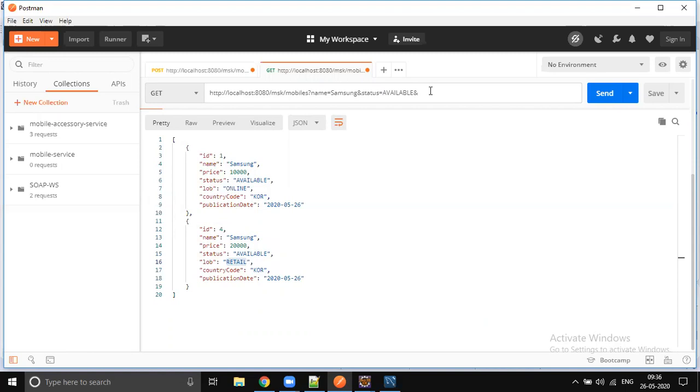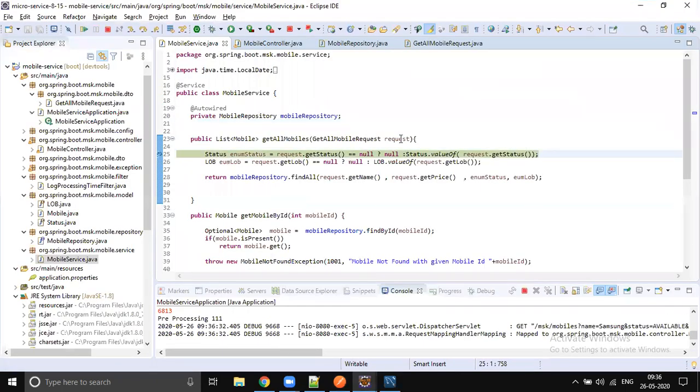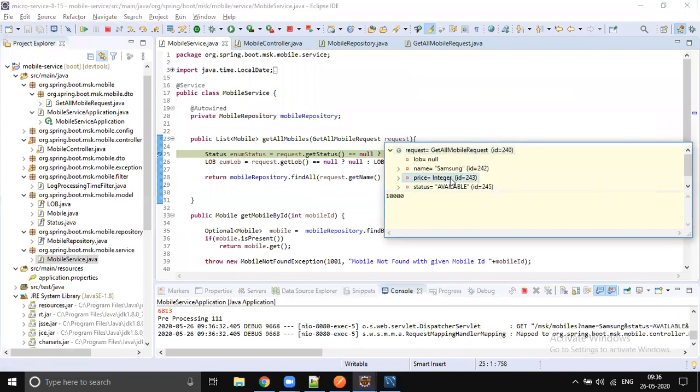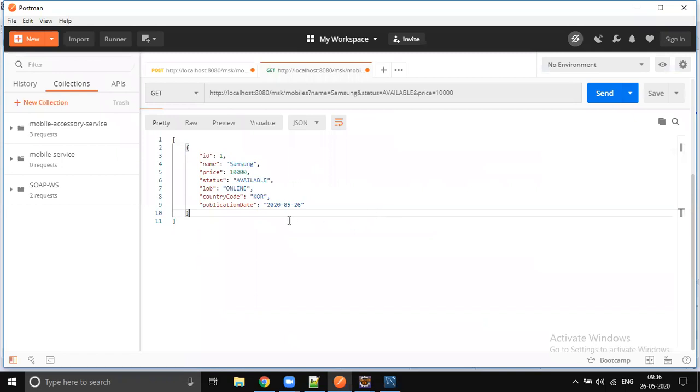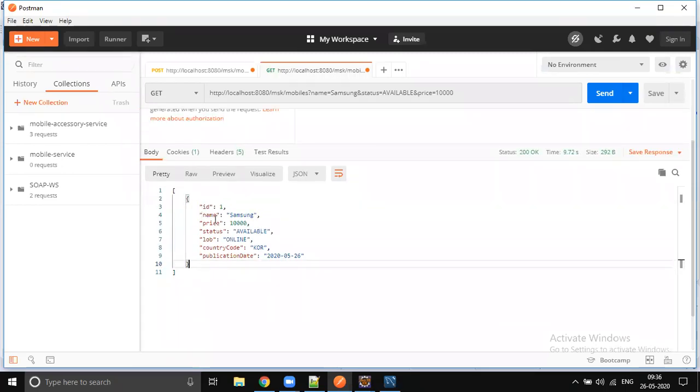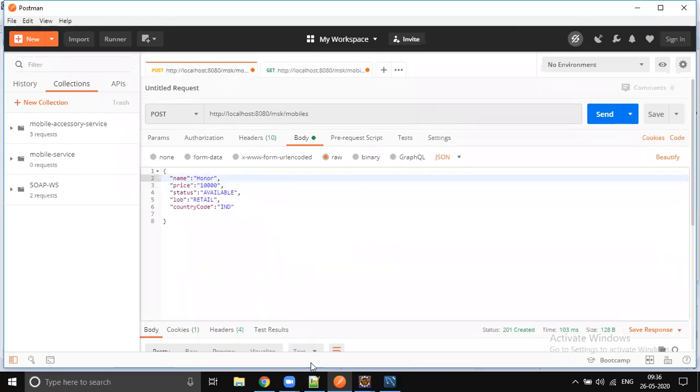Or if you would like to apply one more filter, where the price is 10,000, then by matching these filters, only one row you will get back, right? Only one row. You see the three parameters are going to be populated: price is 10,000, name is this, and status is available. If you insert more data, it's good actually. So let's insert one more row with the same price, with one more seller. With the 10,000 price, we are getting only one row, right?